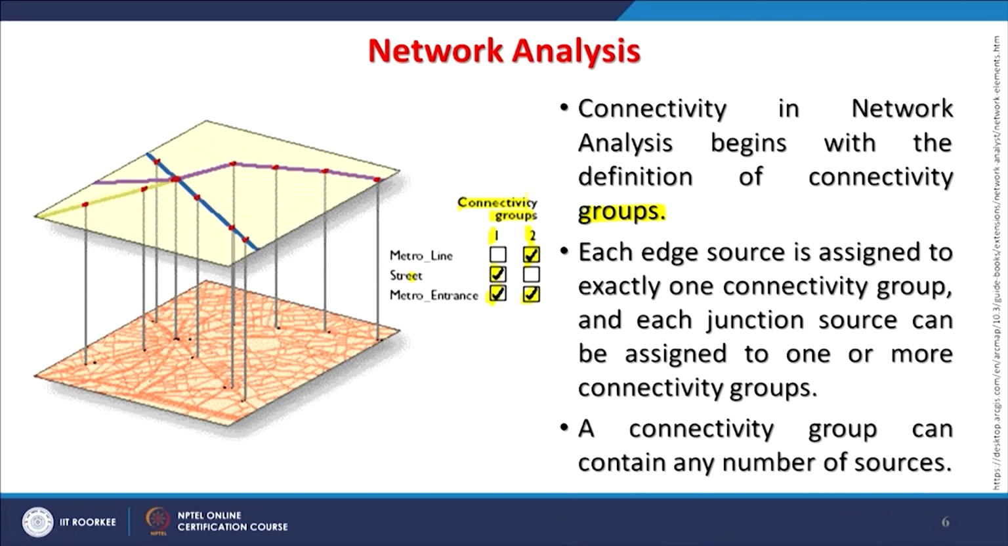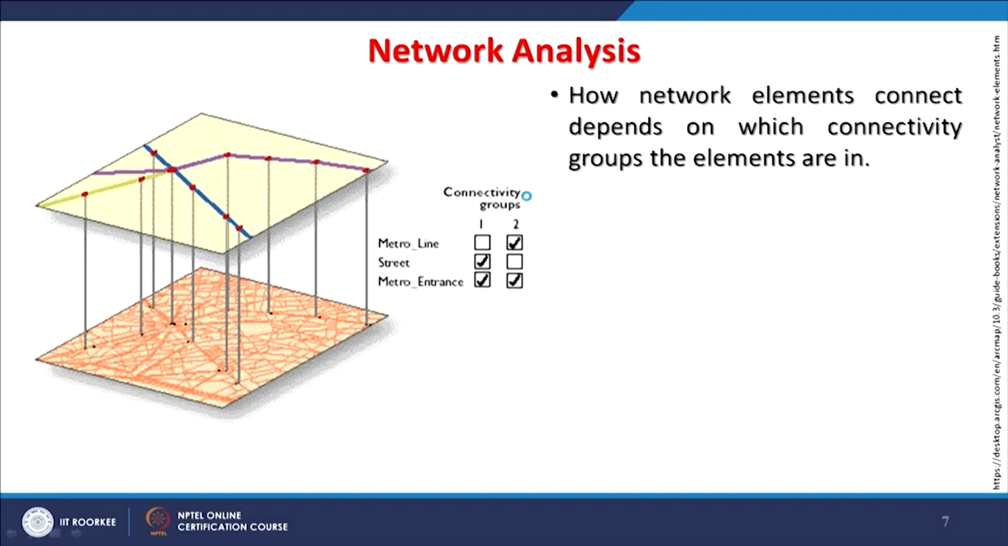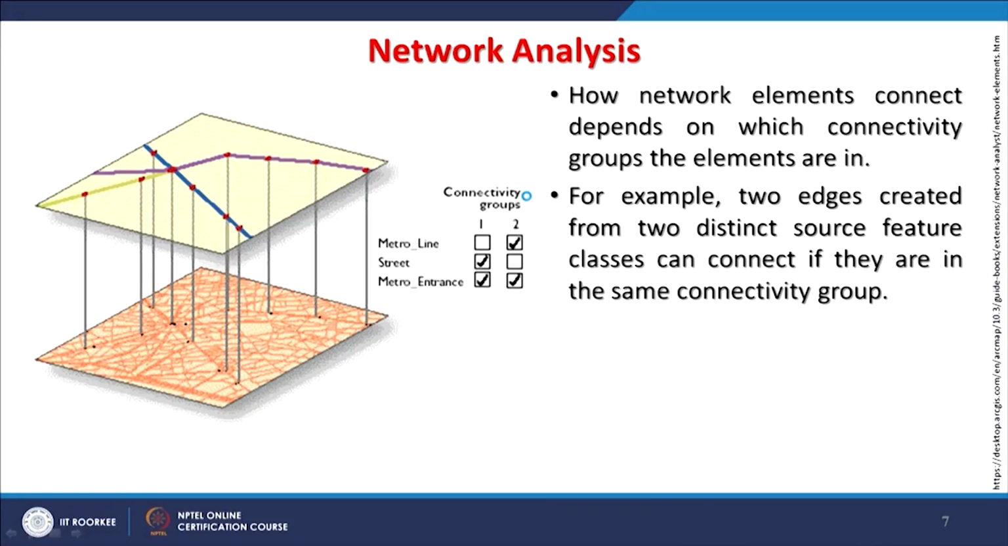Now, the connectivity groups can contain any number of sources. Here we can have as many sources as we want in this connectivity group. How many network elements connect will depend on which connectivity groups the elements are in. For example, two edges created with two distinct source feature classes can connect if they are in the same